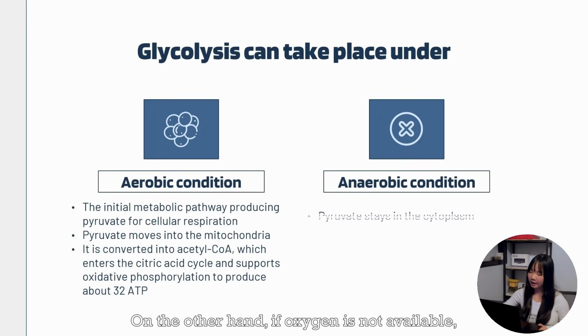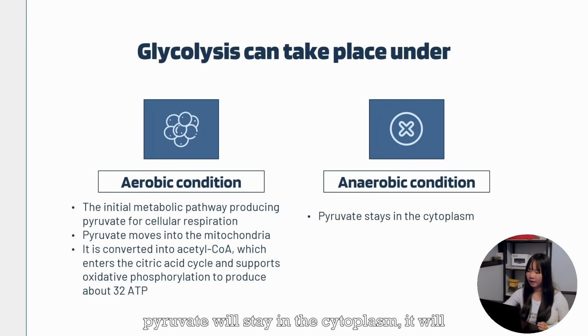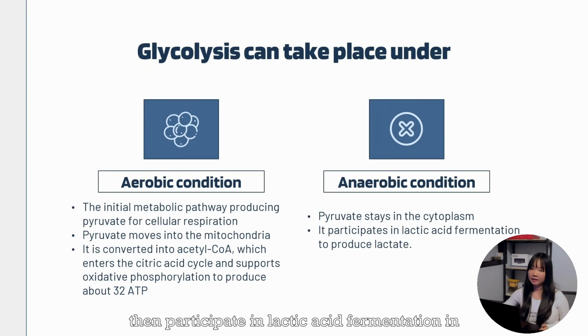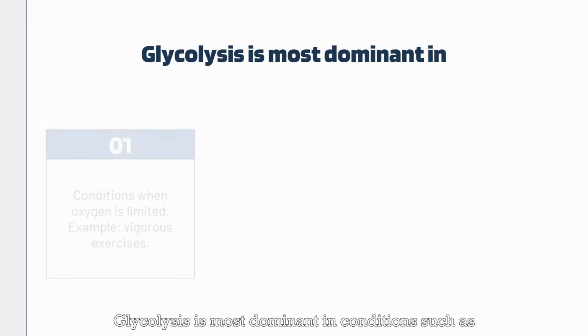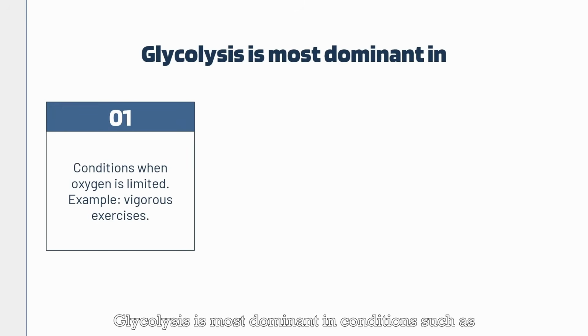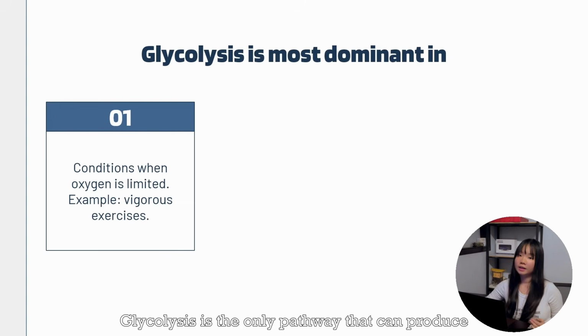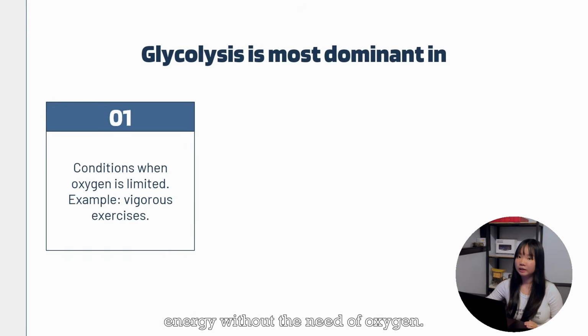On the other hand, if oxygen is not available, pyruvate will stay in the cytoplasm. It will then participate in lactic acid fermentation in order to produce lactate. Glycolysis is most dominant in conditions when oxygen is limited, for example, vigorous exercise. Glycolysis is the only pathway that can produce energy without the need of